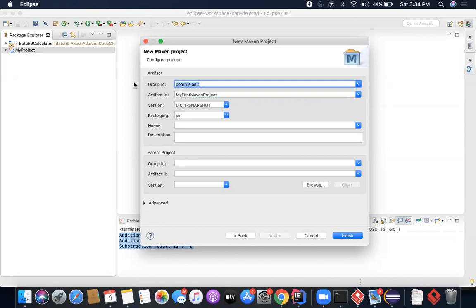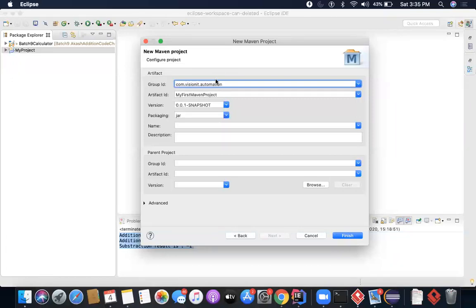No one will ask you to write com.visionIT. You can even do something else, but again, that is a bad way to do it. So it's always good to use proper nomenclature, and that's what I'm trying to do here. com.visionIT, and I can also write .automation. That means I belong to a specific sub-organization within Vision IT, and the address for me is automation.visionit.com. So I have reversed it in my package structure. There's a story behind why we do this kind of nomenclature. That's something for later. But yeah, this is how you should be giving the name.